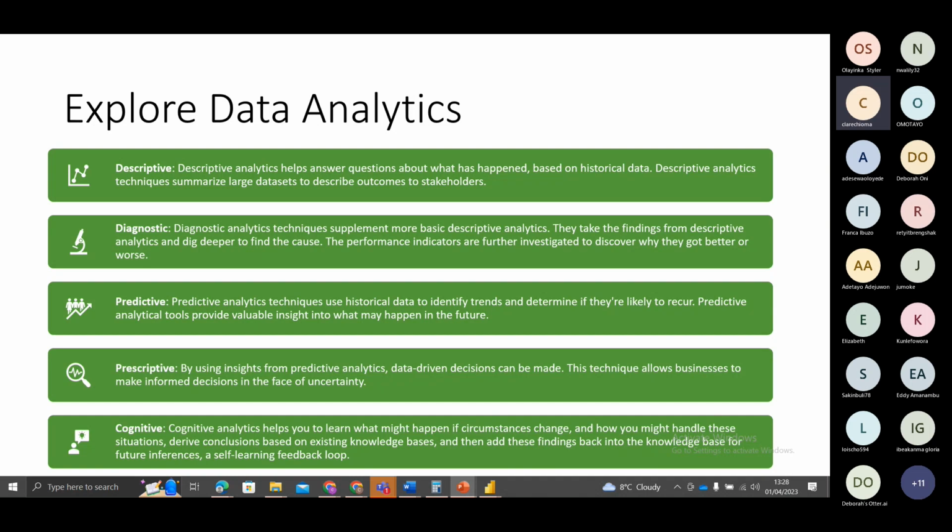it just looks at all we have done so far. You are keeping record of all this. We have looked at how our record has been going. We have looked at why it has been the way it is. We have looked at what is likely to happen in the future. And we have looked at what are the things we can do to improve. Cognitive is taking note of all this so that at the end of the day, if for example, tomorrow, something very similar to what has happened at some point, we can go back to our cognitive analytics and use it